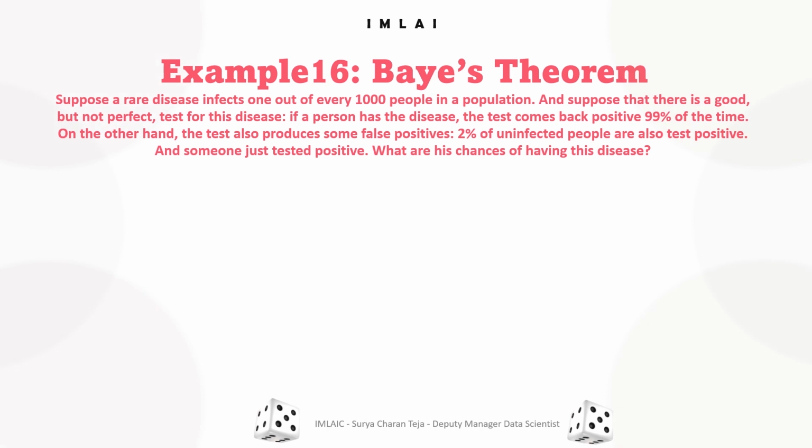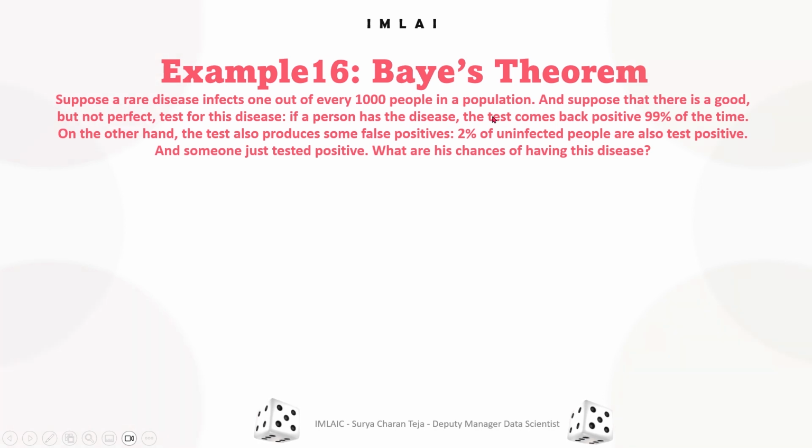So 99% of the time they get the correct result, and 2% of the uninfected people also test positive, and someone just tested positive. What are his chances of having this disease? So we have our 1 divided by 1,000. That's our